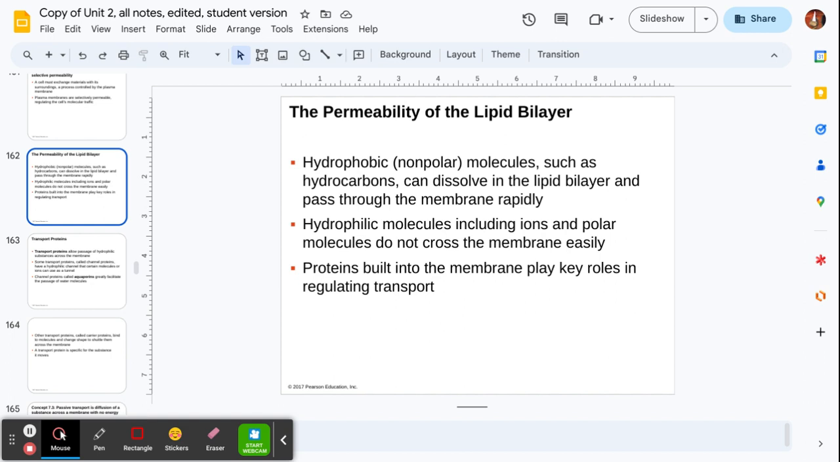A lot of that has to do with the fact that you have tails that are hydrophobic and hiding on the inside. Sorry, I said that wrong. And then you have hydrophilic molecules that like the water. But the reason it sounds a little counterintuitive is because it says that hydrophobic, nonpolar molecules